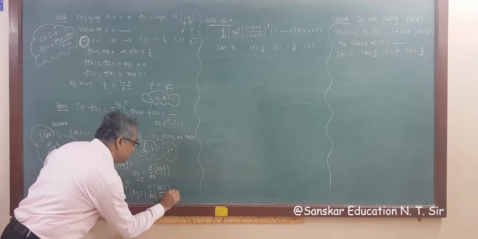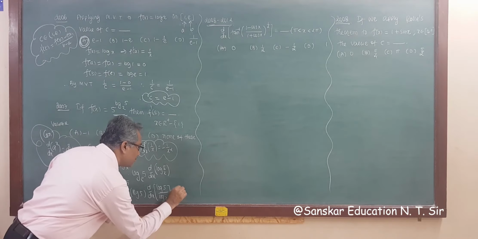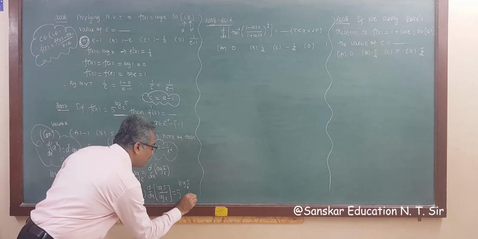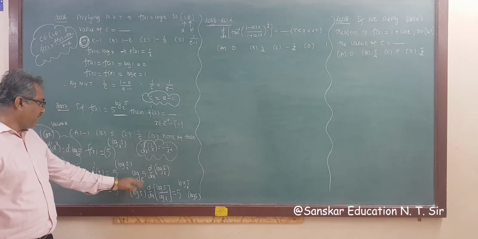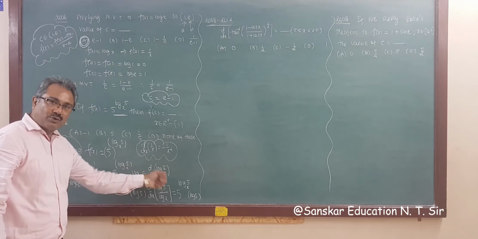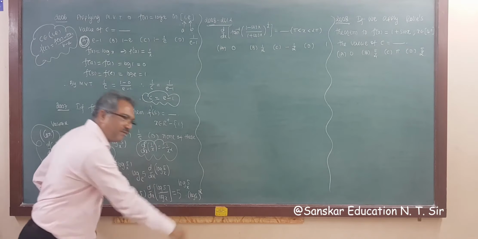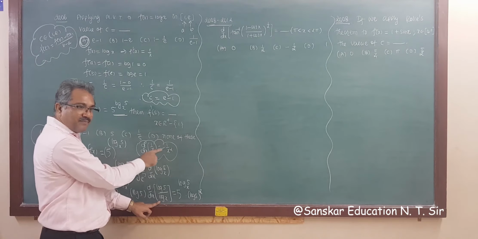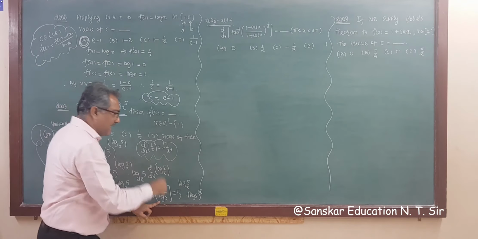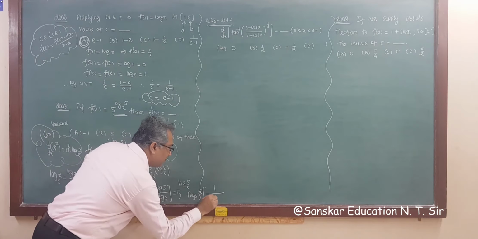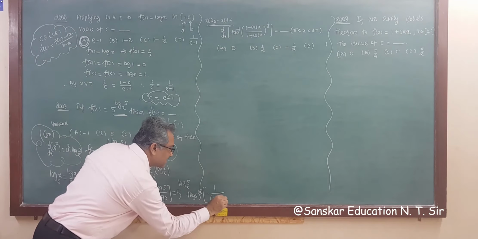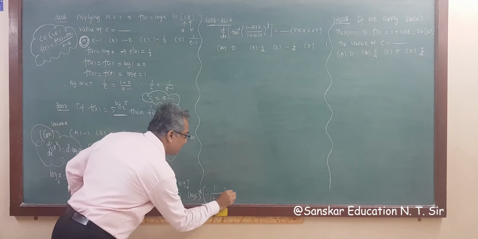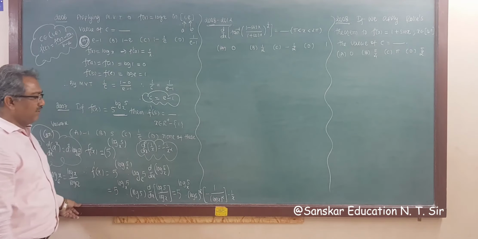So the answer of this is equal to 5 raised to log 5 base x into log 5 into log 5 as it is. Now this is a constant, so I am writing it outside, so this becomes log 5 square. Now the derivative of 1 upon bracket is minus 1 upon bracket square, so the answer is minus 1 upon log x whole square. And the derivative of the bracket, that is the derivative of log x, is 1 upon x.